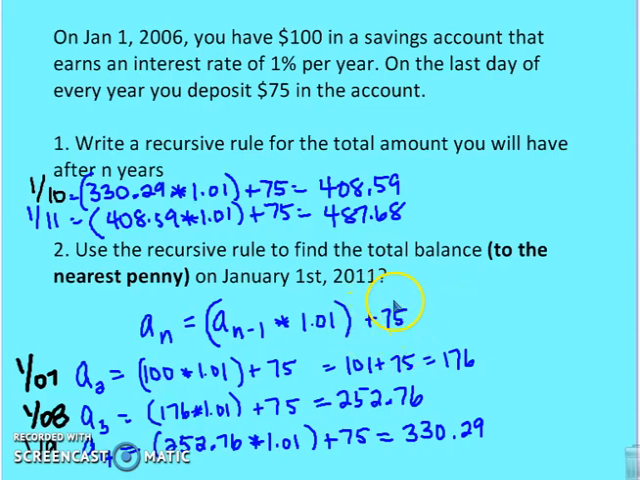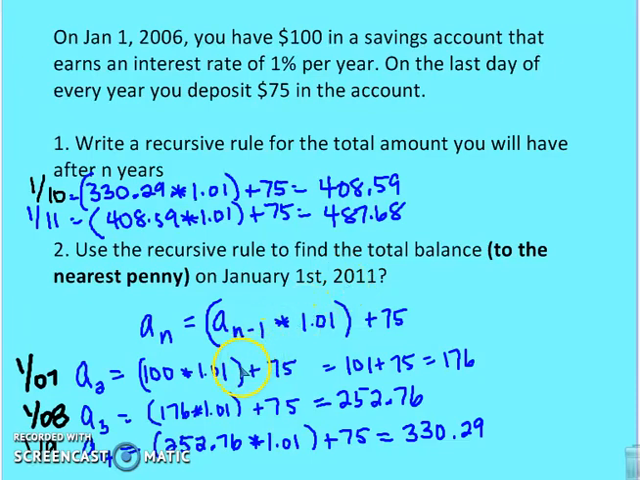So the $75 is not included initially in the interest accrual over the course of the year because it wasn't part of the balance during the year. I just put it in at the end of the year. All right, so a sub n minus 1 times 1.01 plus $75. And then we go through that iterative function to find out what the balance is at the nearest penny on